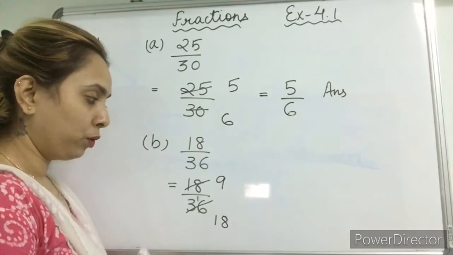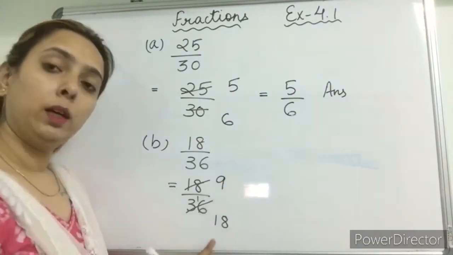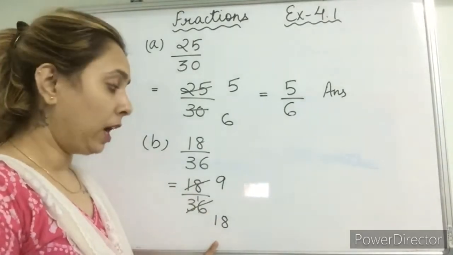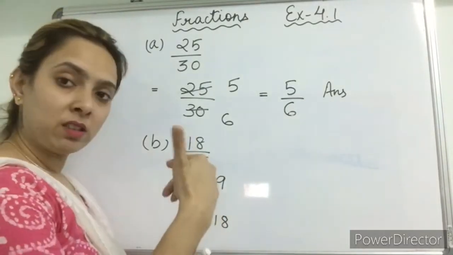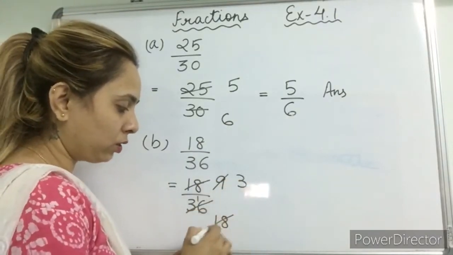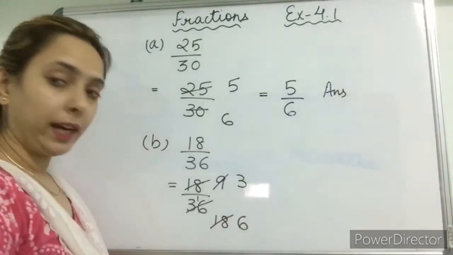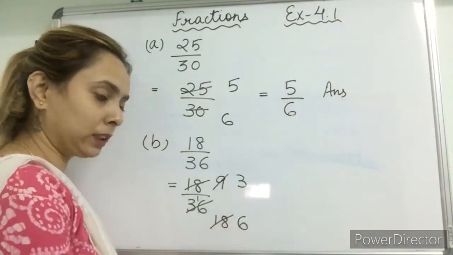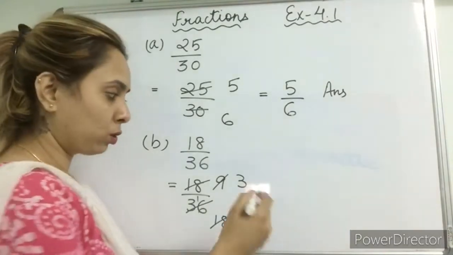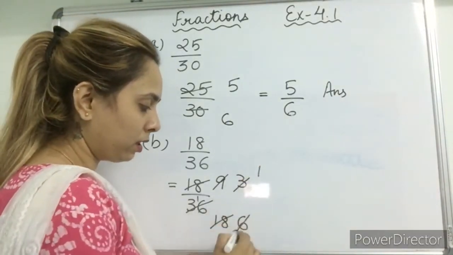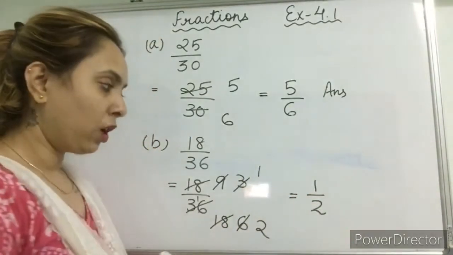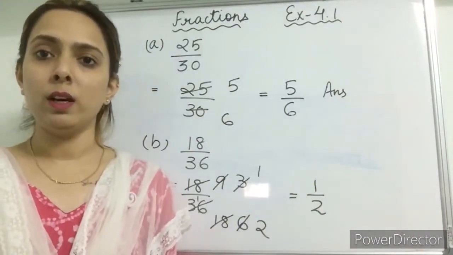Now all of you can see that 9 and 18 are not divisible by 2, but they are divisible by 3. So we'll start dividing by 3. So 3 3s are 9 and 3 6s are 18. Again you can see that 3 and 6 are not divisible by 2, but they are both divisible by 3. So 3 1s are 3, 3 2s are 6. So the lowest fraction is 1 upon 2. We cannot divide 1 upon 2 further. So this is our answer.